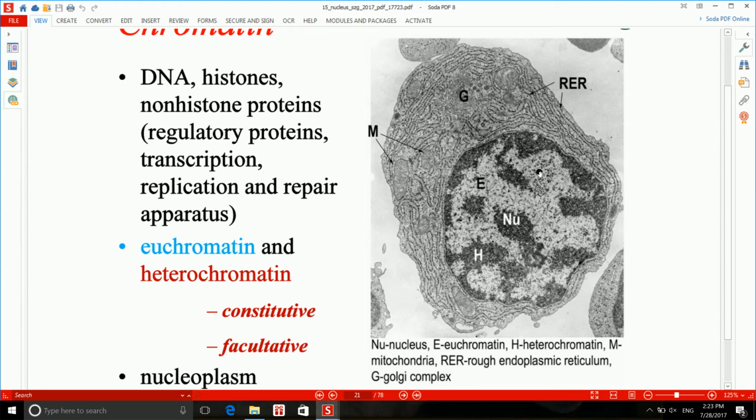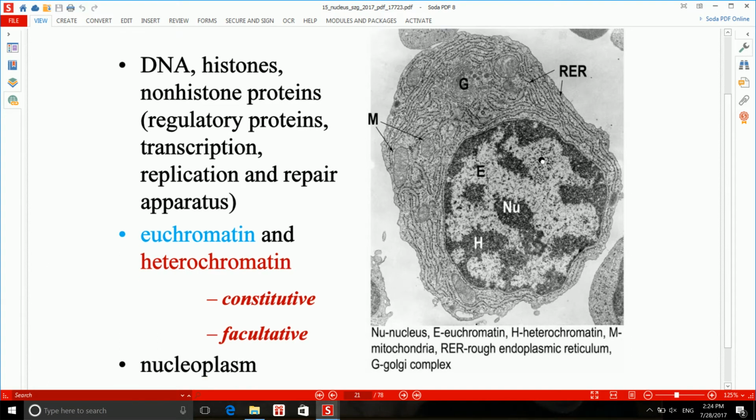Heterochromatin is a condensed form of chromatin. So chromatin itself is condensed. It's a very condensed form of DNA. But heterochromatin is even more condensed. It's very condensed. Whereas euchromatin is the less condensed form of chromatin, compared to heterochromatin. And